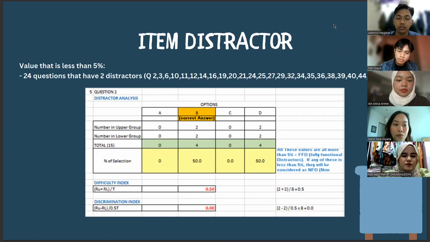Okay, so next we also have 24 questions that have two distractors, and the numbers of the questions are as stated in the bracket. And this is an example of a question with two distractors, which shows answer options A and C are lower than 5% compared to the other two answer options. And next,